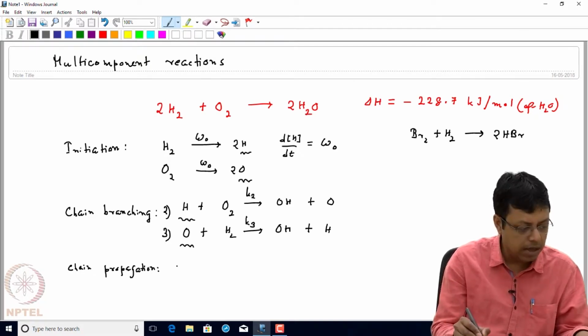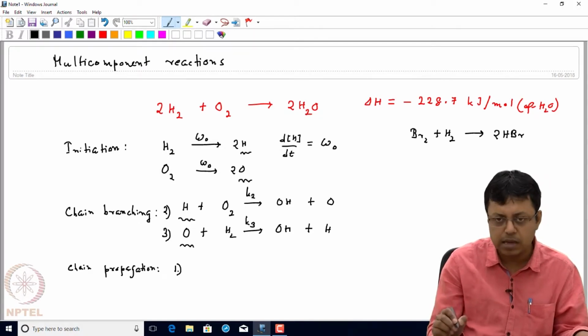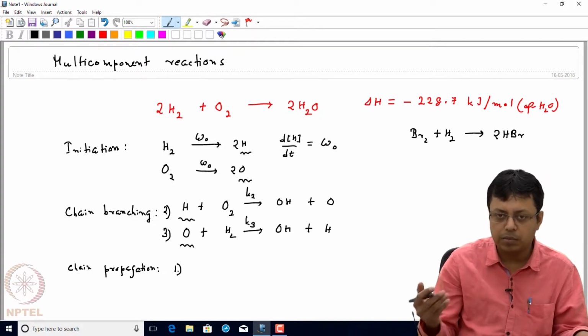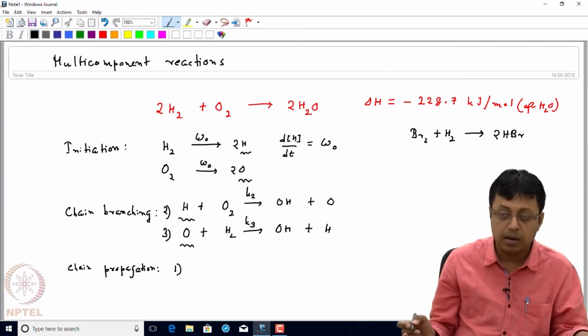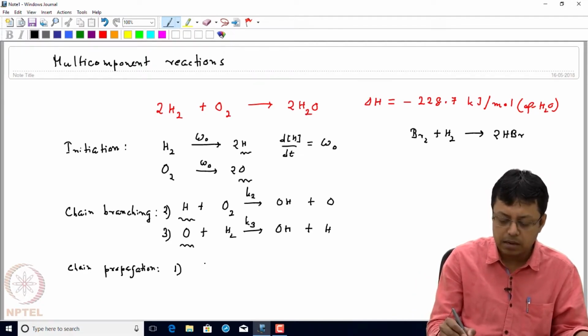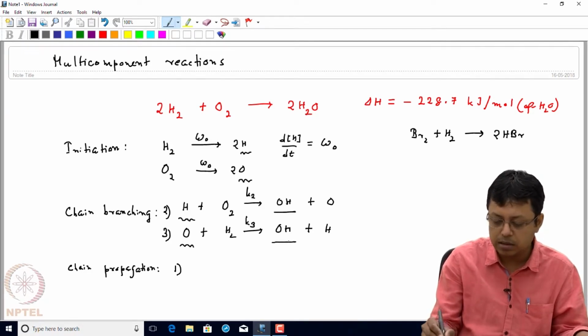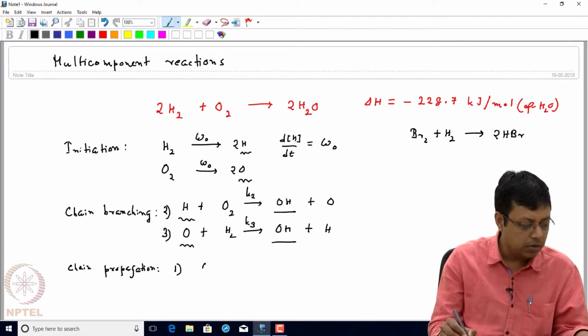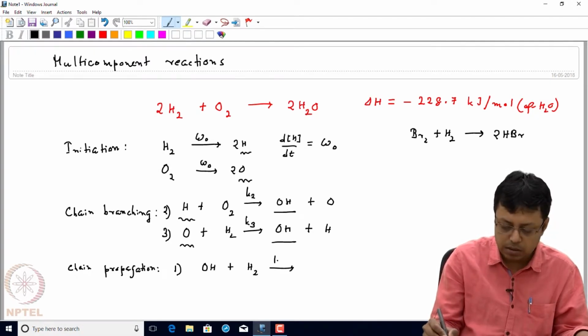which we are naming as number 1. This numbering is according to one of the proposed models, but it is just arbitrary numbering. So you may wonder why I am writing 2 and 3 first and then 1 later. Usually you write the chain propagation step first and then the branching, but for the propagation step you need the OH radical, which is a product of the branching reaction. So this OH radical now reacts with hydrogen, and that's why I am writing K1,